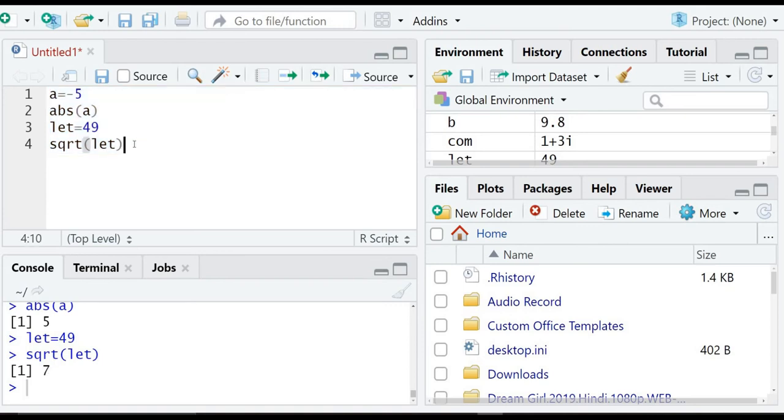After that we will use ceiling. For that we will have to take a double number. So we will use c and give it a floating number, that is 7.8. Now for ceiling, I guess we will get 8.